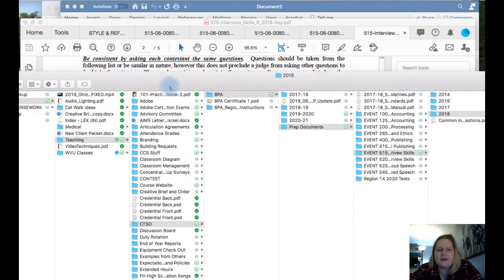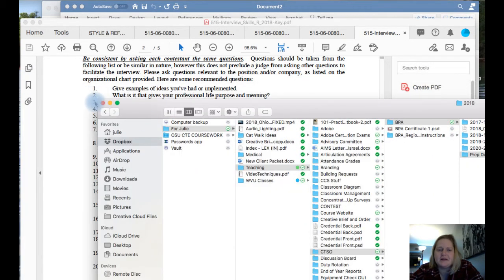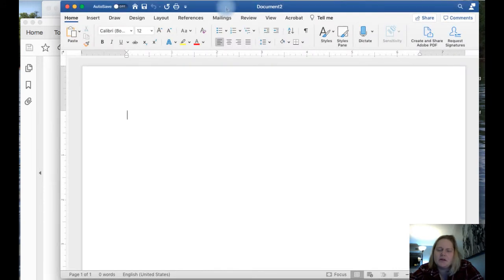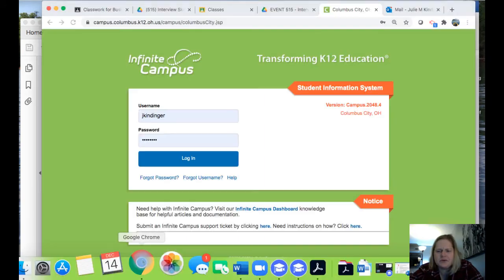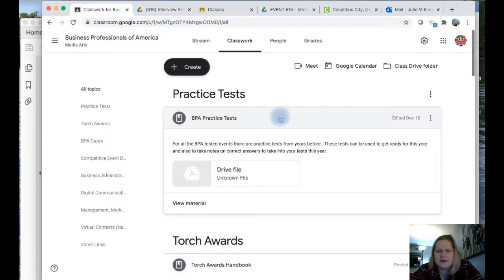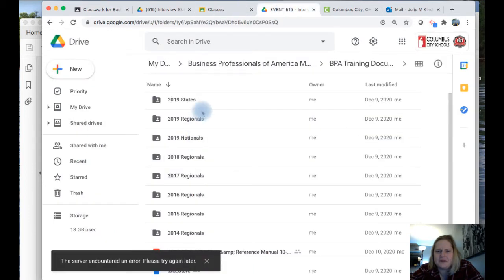So the next step is for you to prepare to answer the questions. So you're going to want to make a blank document in Word, Notes, Google Drive, Google Doc, whatever. Then when you go to Google Classroom, under the Business Professionals America practice tests 515, you'll be able to see from years 2014 all the way through 2019 nationals